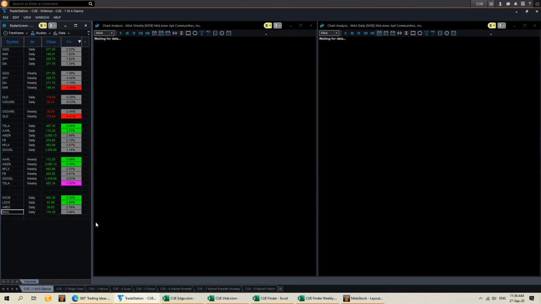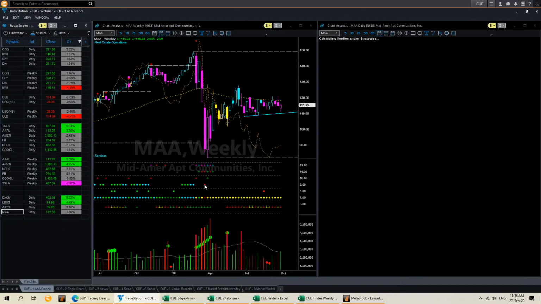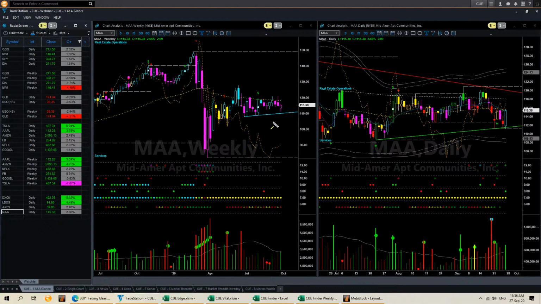What about the last one, MAA, that we found from Finder? This is in fact looking nice on weekly and daily both. It has a memory support in both weekly daily. It's moving in a range, and when an instrument moves in a range, the best trading opportunities are at the edges. So this gave a memory bounce on Friday, and you could try to take the long trade using fine-tuned